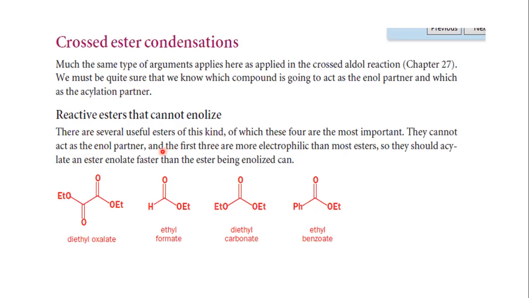So if you can see the line here, it is written the first three are more electrophilic than most esters. So they have written these four in the order of their electrophilicity. So this being the most electrophilic, after that this, and the least electrophilic is written in the last. So now can you guess why this compound will be the most electrophilic? Again, this compound can act as an electrophile at two carbon centers, one at this carbon center, another at this carbon center. For it to be an electrophile, it can't be a nucleophile. Any of these four can't be a nucleophile because it does not have an alpha hydrogen. So it can only be an electrophile.